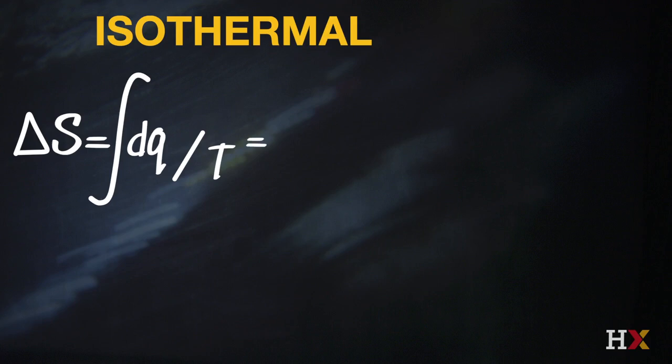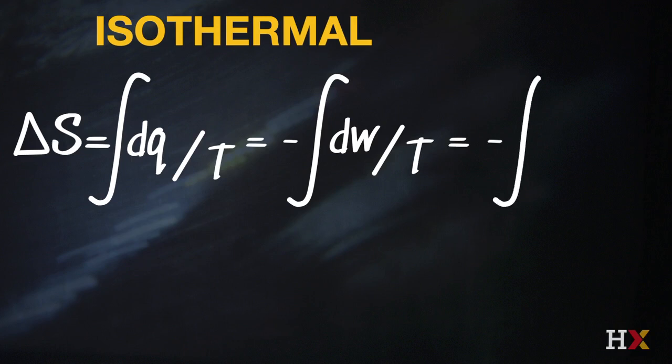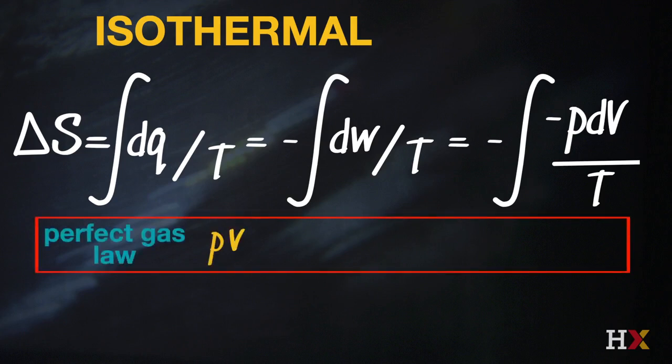So if I'm going to express this now not as dQ but as dW, then I have to reverse the sign. So I have a minus the integral of dW over T. But I know what dW is. We've worked that out many times before, so now I have minus the integral of minus P dV, and I have my temperature still in the denominator. Well, now I use the perfect gas law. PV equals